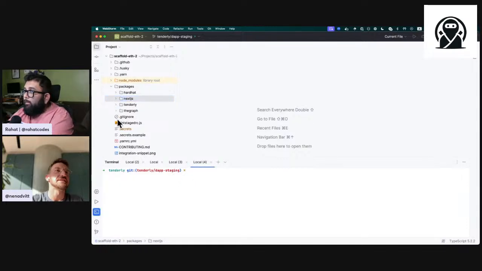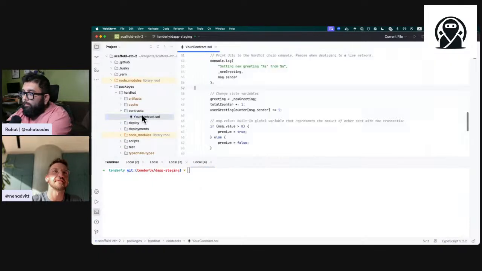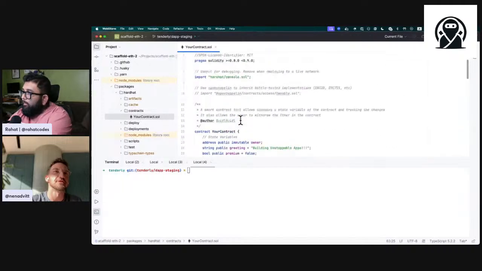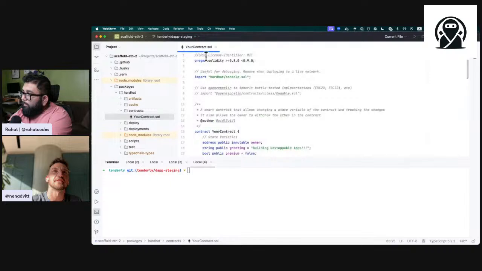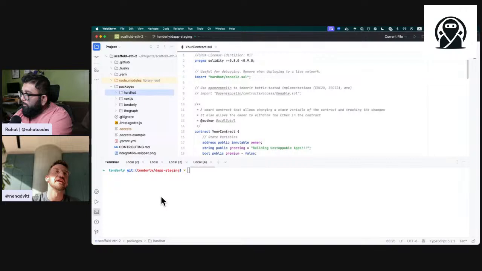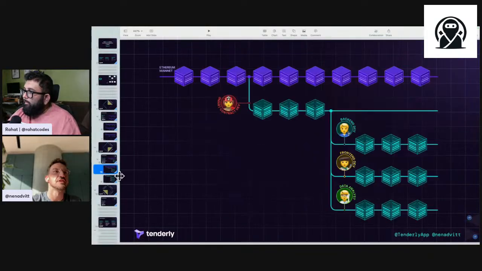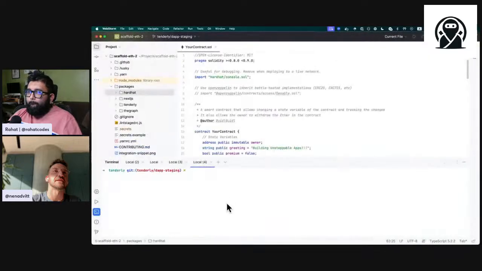Anyhow, the idea is, let's imagine that I'm a smart contract developer. I did something in here. Actually, I did nothing. This is just the original contract that you get with Hardhat, I think, or with Scaffold ETH. Doesn't matter. So let's say that I completed something on the smart contract side, and then I want to create a new environment. So let's come back to this image. I want to create this new testnet, and I didn't deploy anything yet, so I just want to take it down. What I would do is I would run